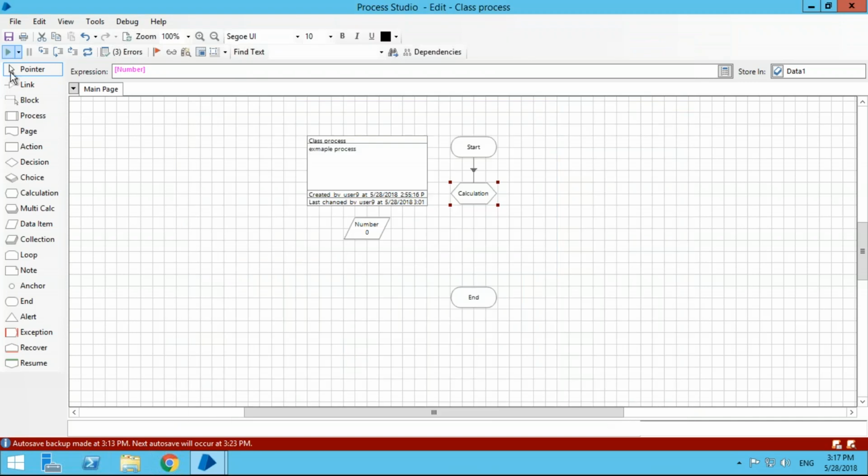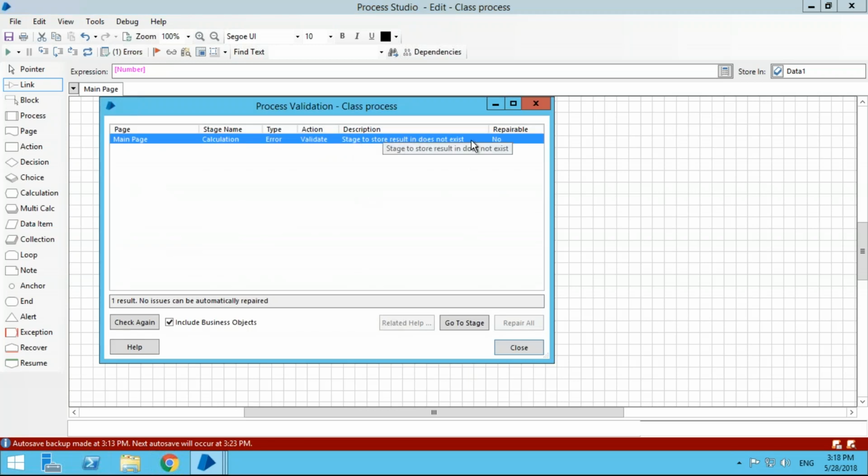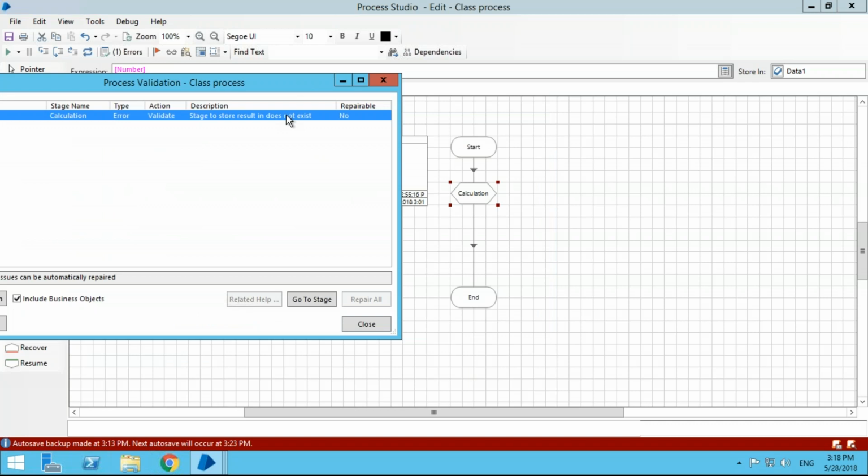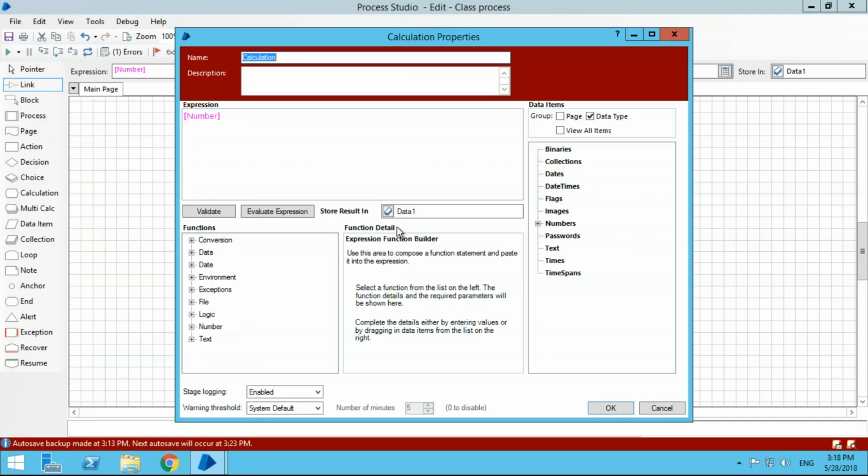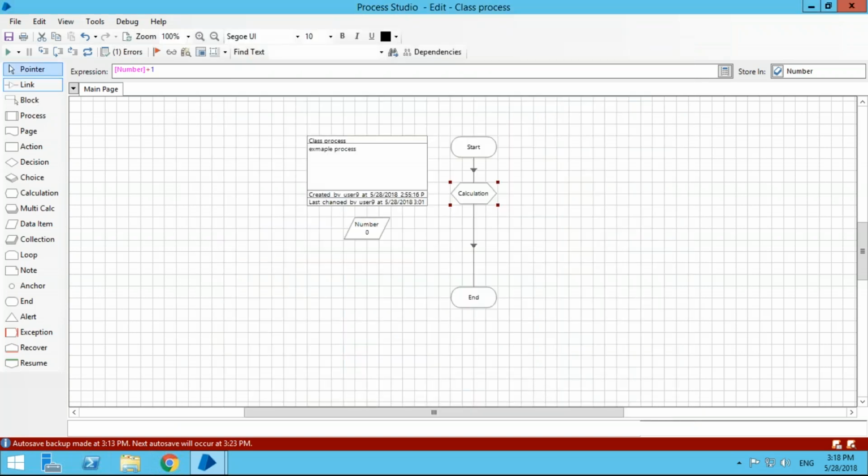The good thing is if you press OK, let's say you made a mistake, you forgot about it, press reset, your errors are what's going to save you. It's going to tell you stage to store result doesn't exist. If it's a big diagram, you don't know where it is, double click, okay, you know where it is straight away. Yeah, so you know where the issue is. Again, you can drag and drop there, done. So what I'm saying here is I want to take that number and I want to add 1 to it. Okay, so that's what I'm doing in this calculation, just taking 0 and adding 1 to it. Press reset, press play. 0 plus 1 equals 1.